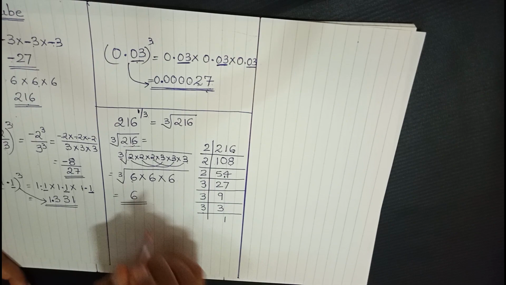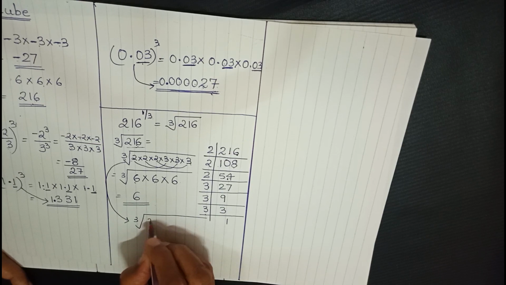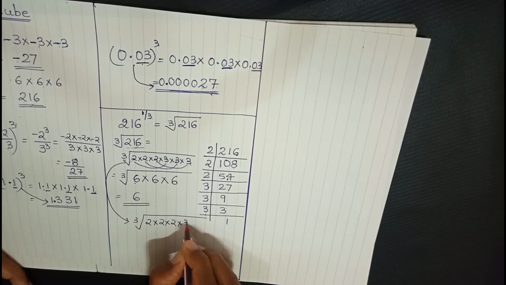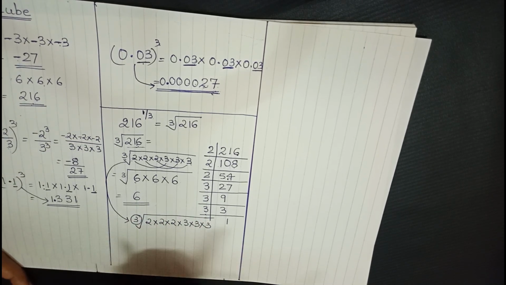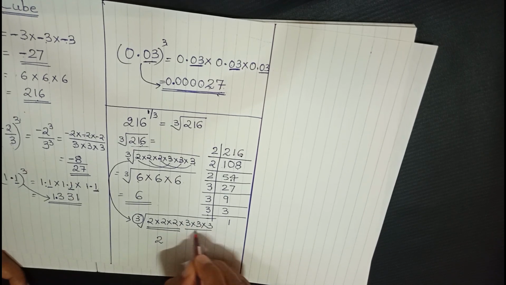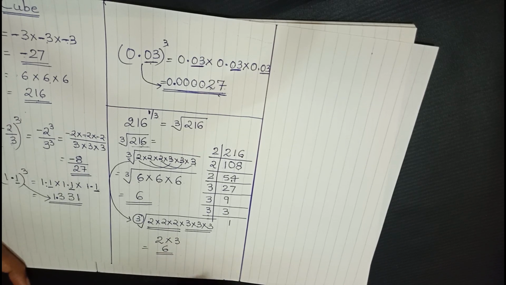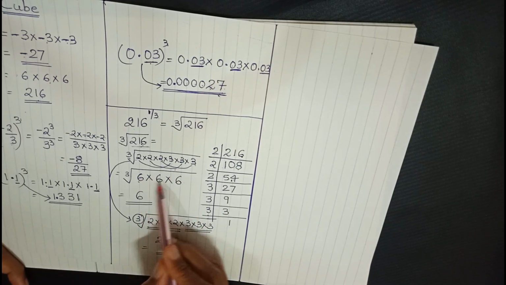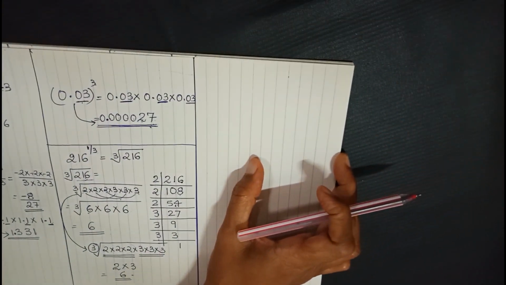Right? Either you can do it this way, or the other method, which I am telling from here, let us say we had this. Rather than multiplying, you can simplify further. Since this is a cube root, for every 3 times we should remove it once. So you can see 2 is there 3 times, so I will remove it out once. 3 is also there 3 times, I will remove it out only once. So 2 into 3, the answer I get is 6. Both the methods are correct. Either you arrange it like this and then remove 6, or directly from every 3 times you remove it out once. Let's solve a few more examples here.